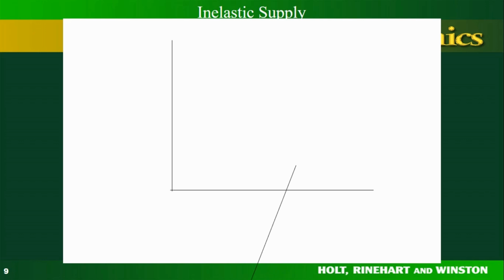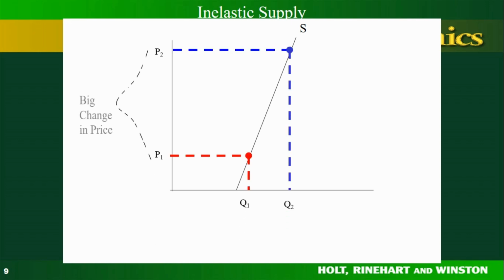And the inelastic supply curve looks like this. It's far more vertical. It doesn't stretch out across the graph as quickly as the elastic supply curve. And you will notice that a big change in price only causes a small change in quantity supplied. That's because these products tend to be so difficult to make, so complicated, that you can't just produce more just